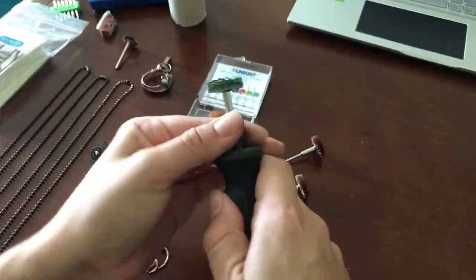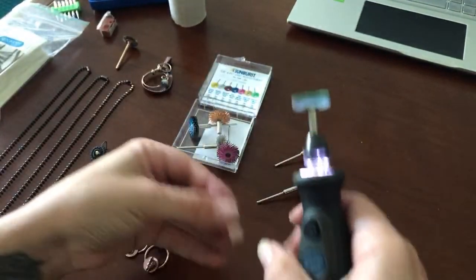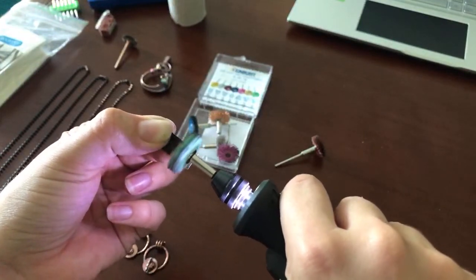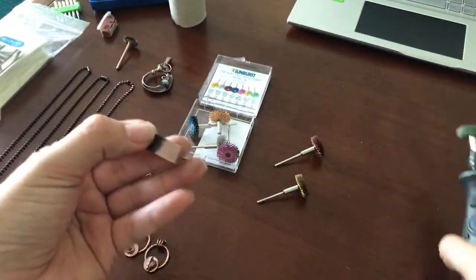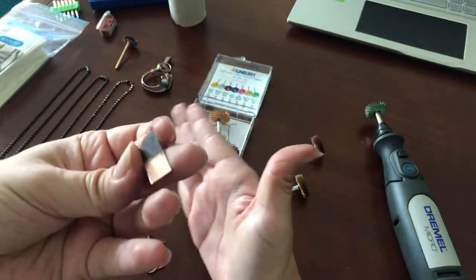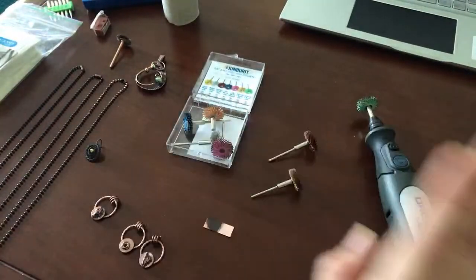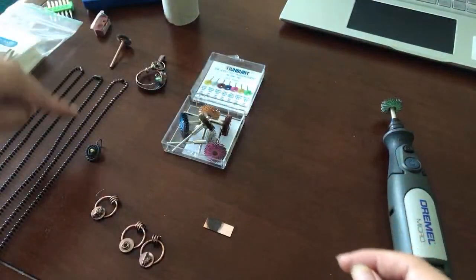And a lot of times I'll skip, you know, I don't have time to do that much polishing on every single piece. But anyways, I hope you get the idea that you can start with that coarse grit and move down, and it's just going to make the surface of whatever you're polishing that much brighter and shinier and smoother. All right, let's move on over to chains, because